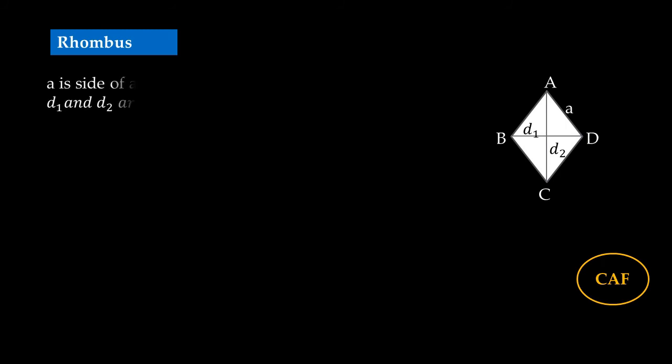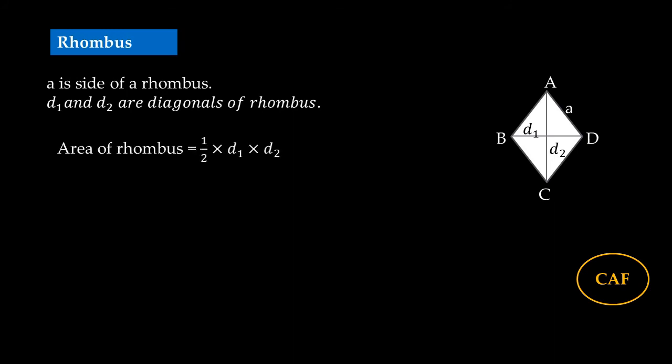Next one is rhombus. This is the diagram, and D1 and D2 are diagonals, and A is the side of rhombus, and area of rhombus is equal to half D1 into D2, and side A is equal to half into square root of D1 square plus D2 square,